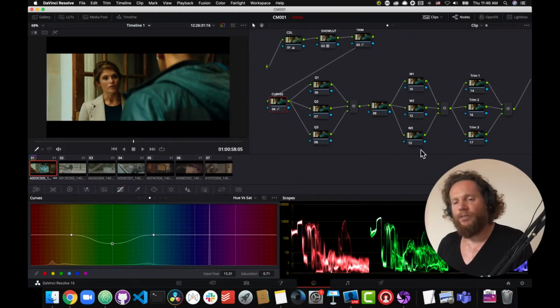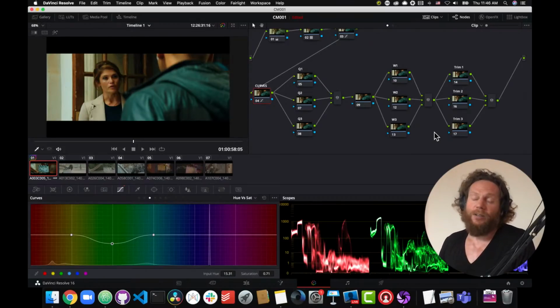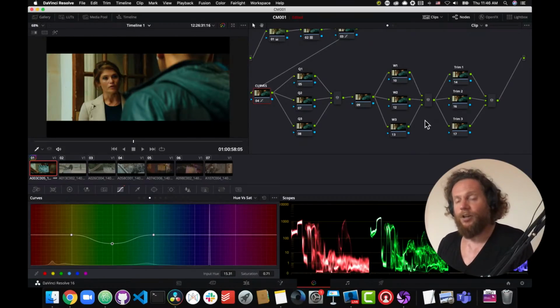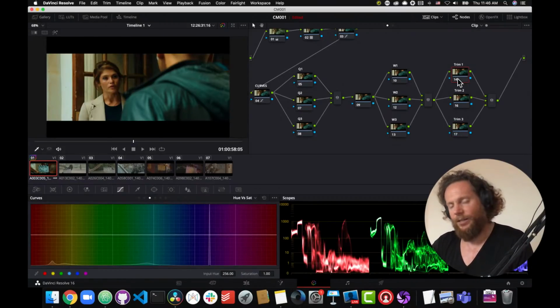And then I always reserve these three nodes for windows. Sometimes it can expand to more windows, so I could sometimes have 20 windows. I mean, it's not unusual. On shots, when I have enough time, I'll definitely love to use windows a lot. And then these nodes here are my trim nodes. And this is basically for when the director says, hey, fix something, or